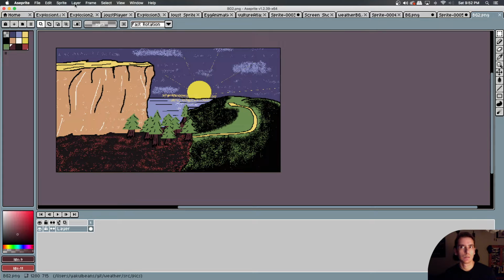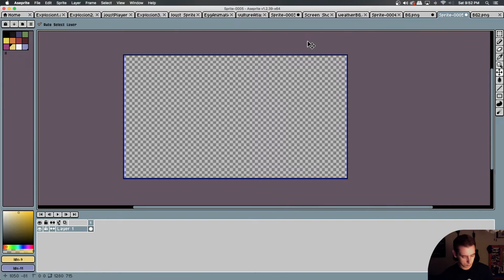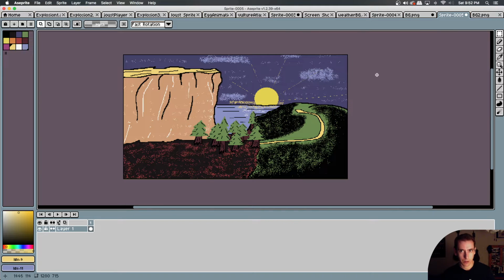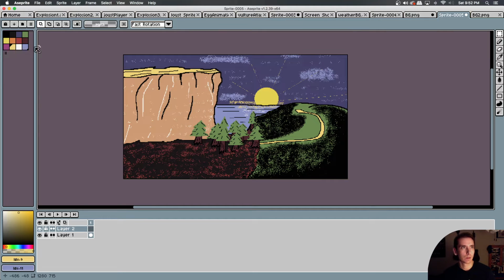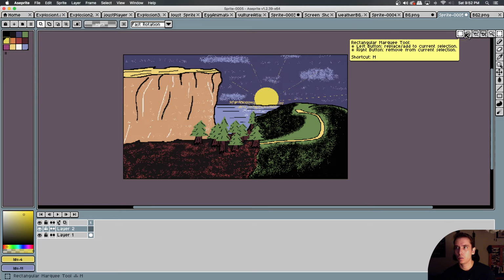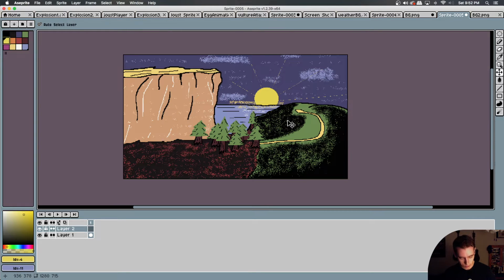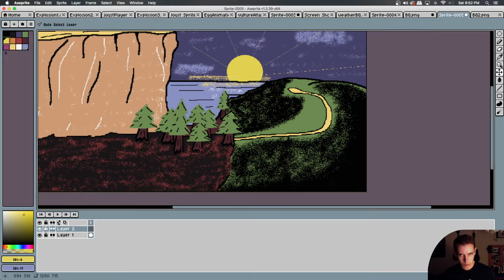Well, I want to copy this and put it in the, oh, there we go. Okay. So as far as lens flares go, we want our lens flare to look like a couple of opaque circles. Well, no, a couple of somewhat